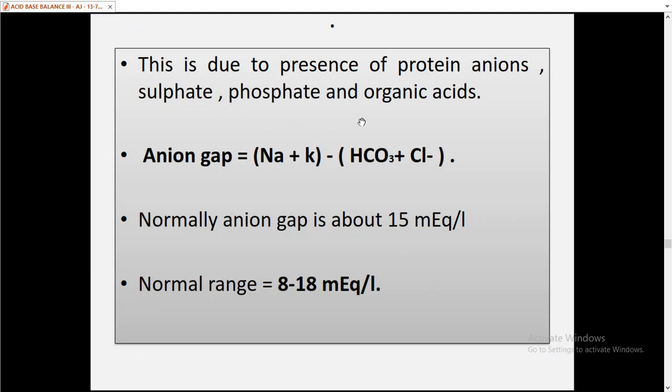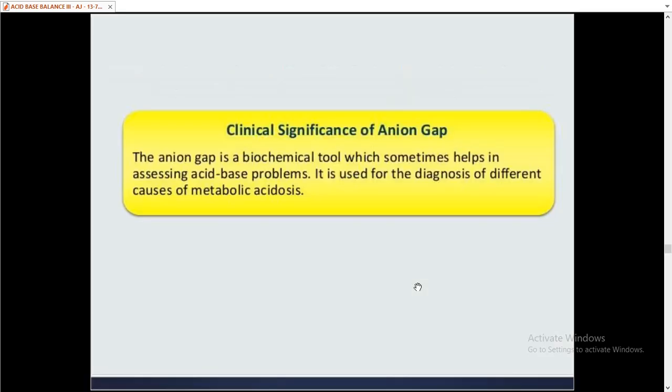So, this is due to the presence of protein anions, sulfate, phosphate, and organic acids. Normal anion gap is about 15 milliequivalents. Normal range is 8 to 18 milliequivalents per liter. Why do we need to